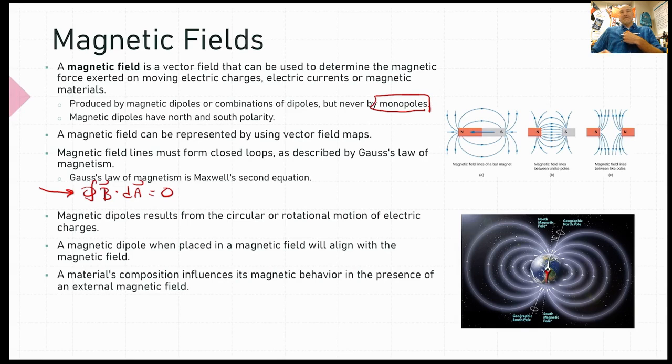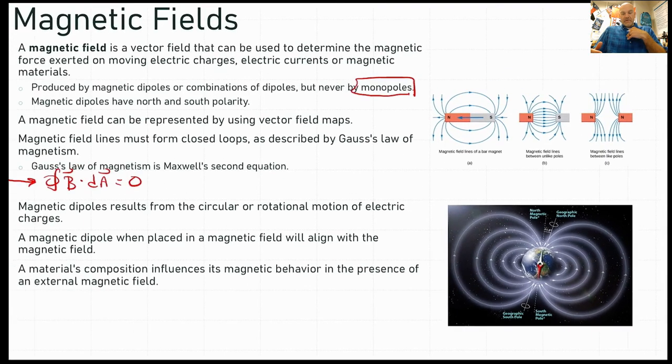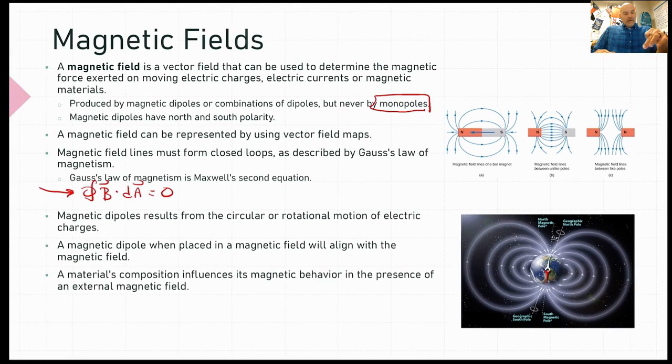And one thing that you can also see over here is the Earth. We can treat the Earth as a bar magnet, and you can see here that the geographic north and south poles are at an angle to the magnetic north and south poles, right? And so if you just remember, again, everything will point from north to south, okay? And then finally,